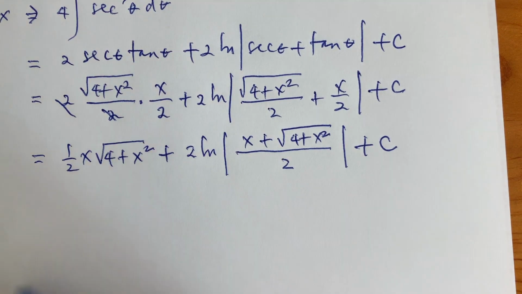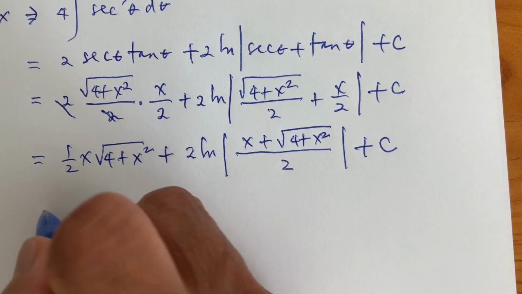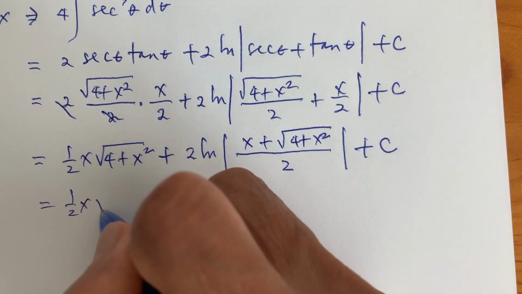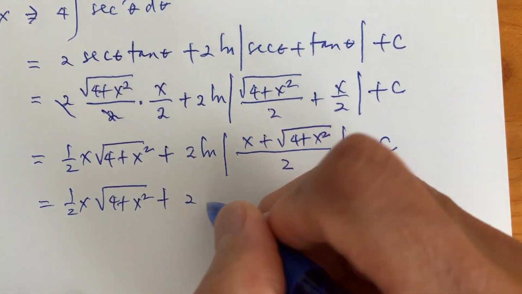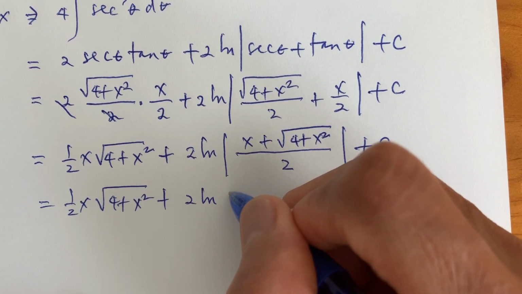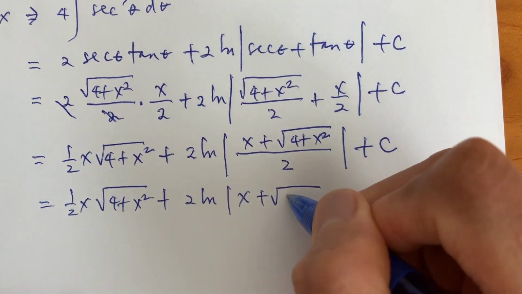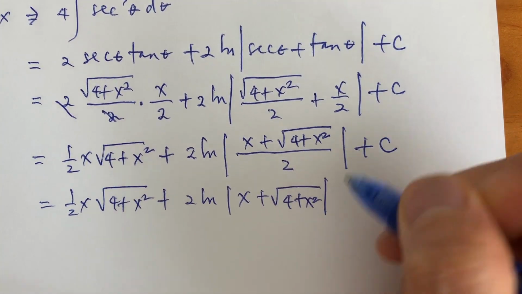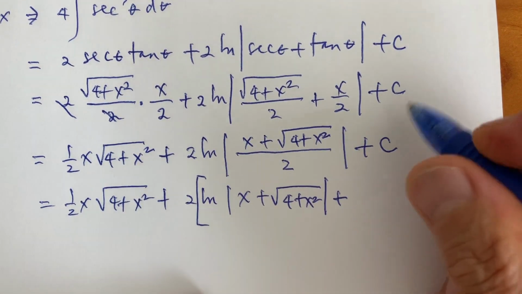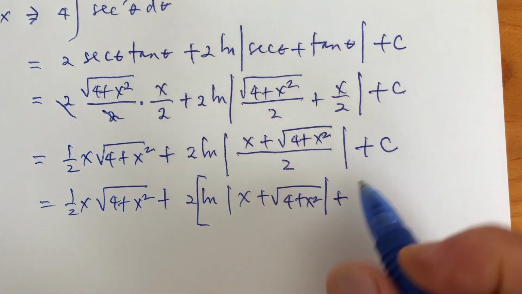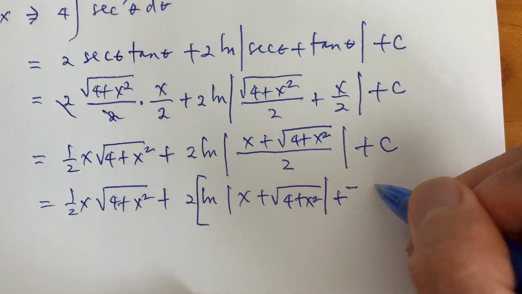And so, using this form, we can now rewrite this as 1/2 x square root of 4 plus x squared plus 2 times ln of x plus the square root of 4 plus x squared plus ln of 2. I'm sorry, minus ln of 2, because this is division, right? So minus ln of 2